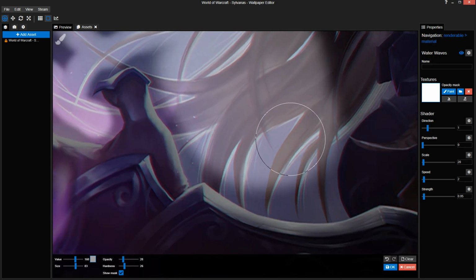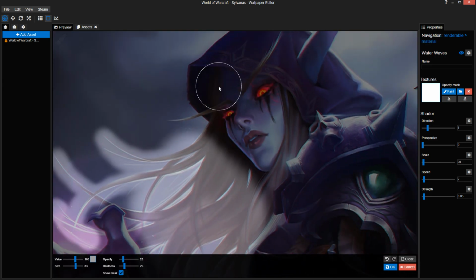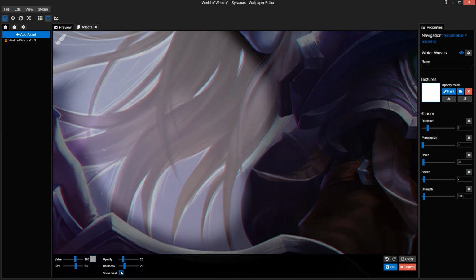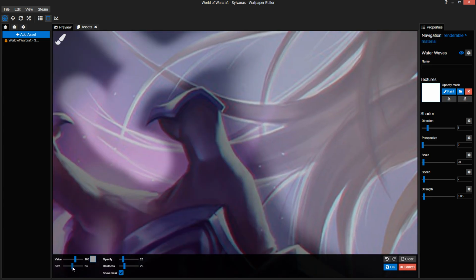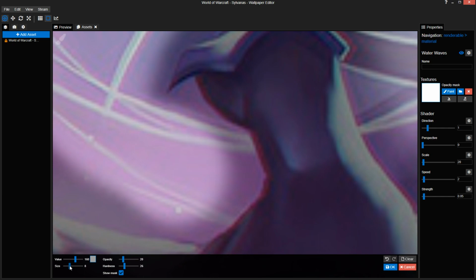All of it. I want all of it to move. Alright, I've got a good start. So now we're gonna get into the details. I want these small things to move as well, so you're gonna just create a small brush.